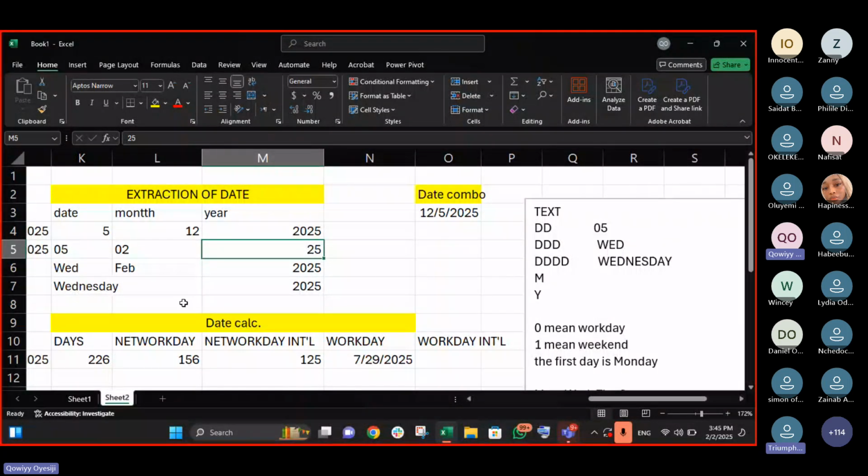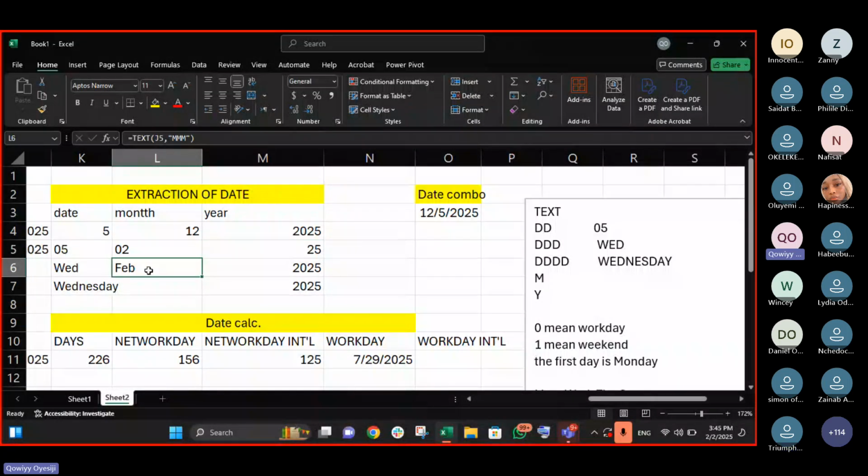Is that clear? MMMM extracts February in full. Then for the year, YY gives just 25, but both YYY and YYYY will give 2025.